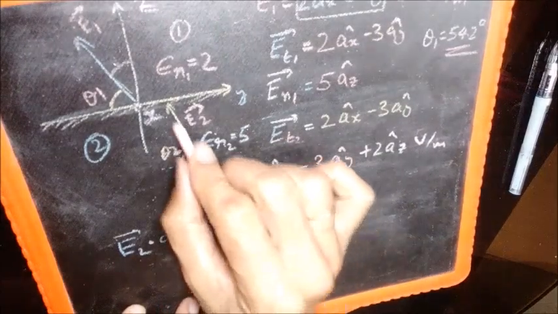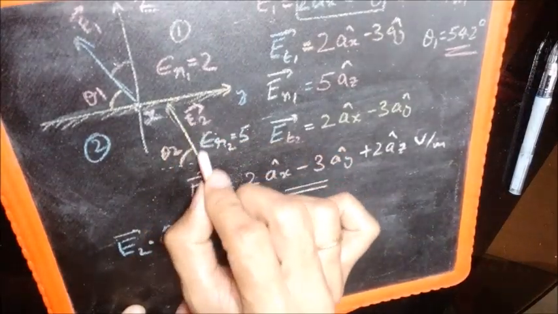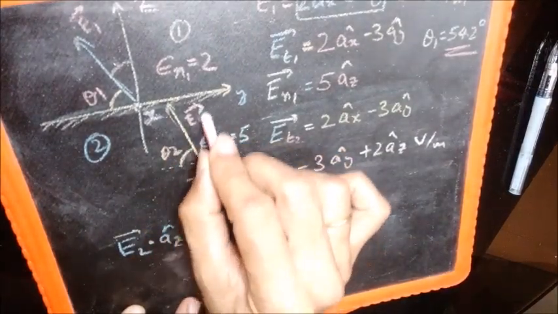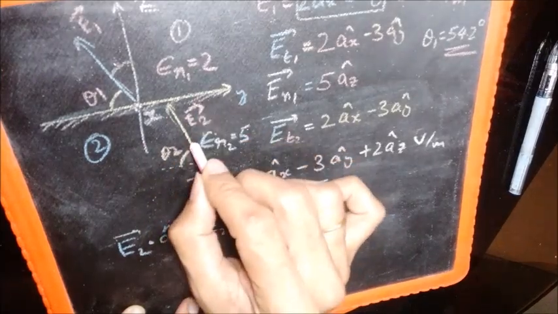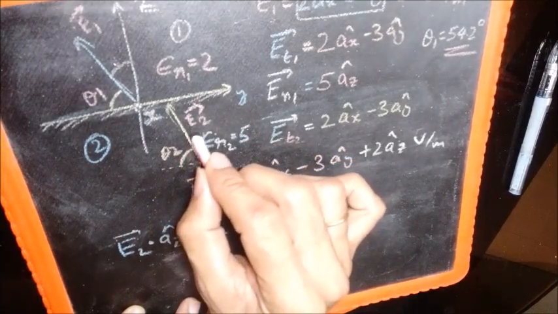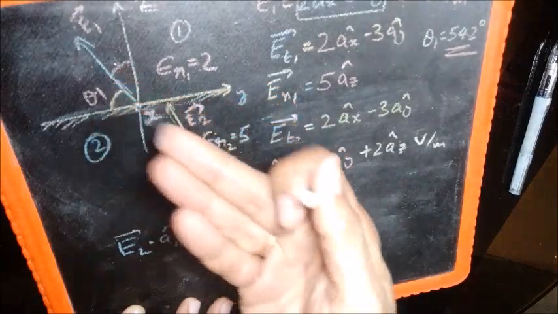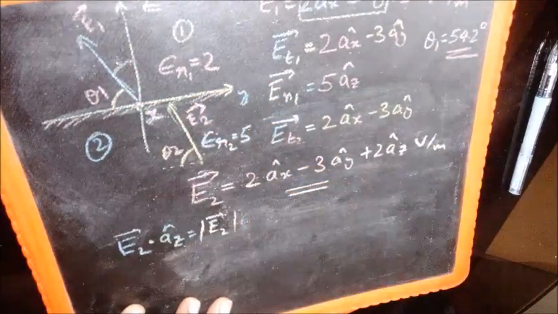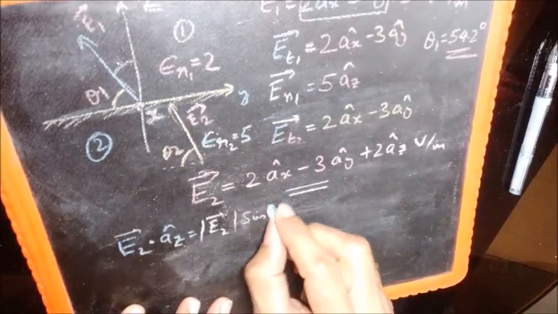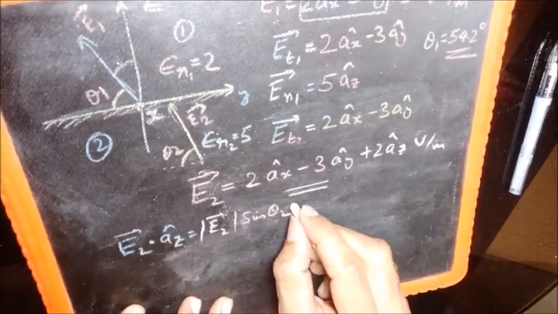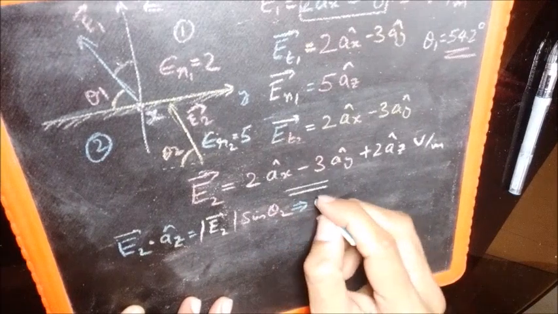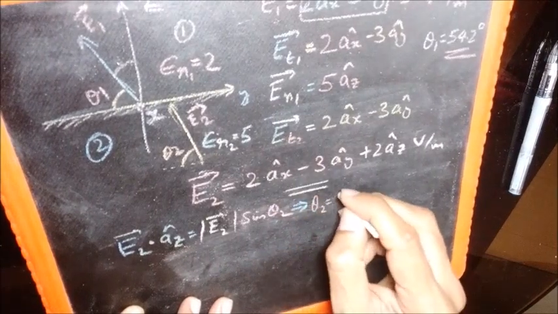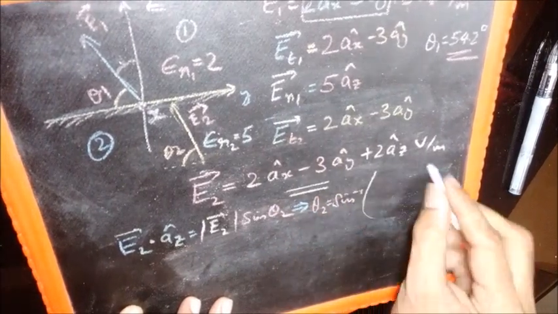The cosine of the angle between the two will be 90 minus theta 2, as it was 90 minus theta 1 earlier, which means that I can write it as sine theta 2, whereby I get theta 2 as sine inverse